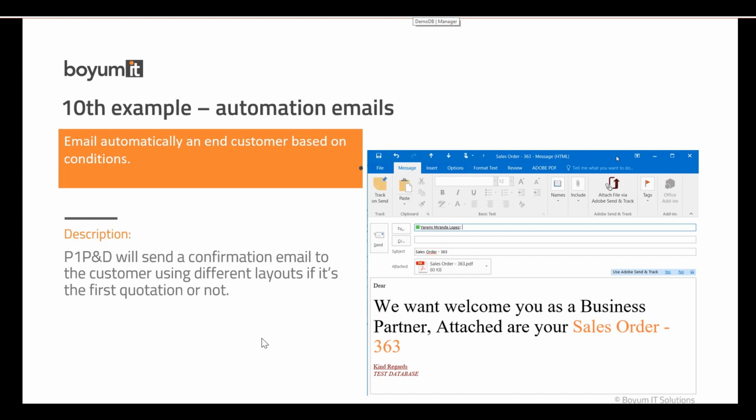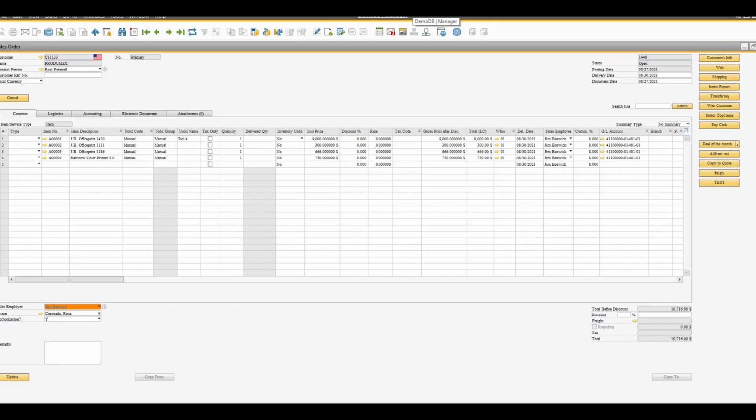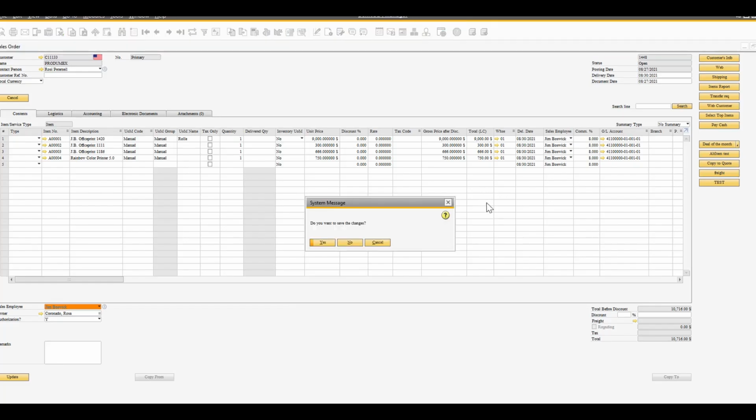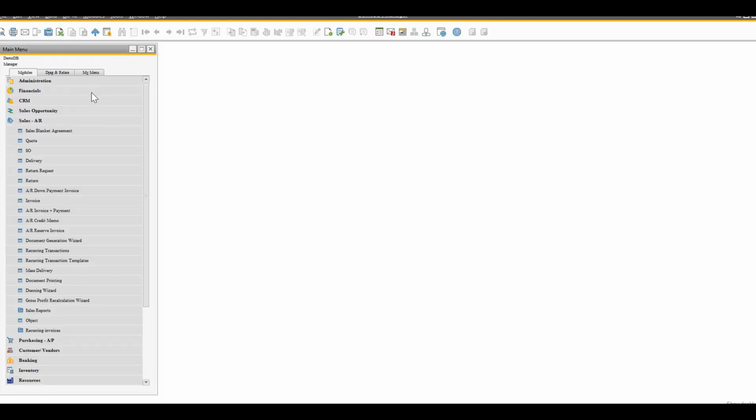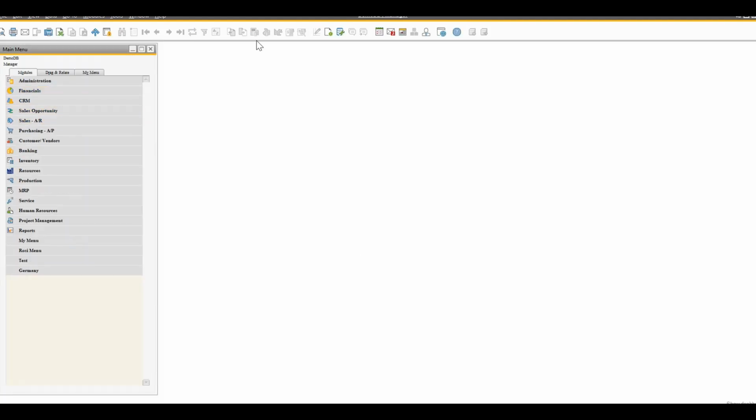My next example, actually, we're gonna move over to print and delivery now. So these were 9 examples for the B1 usability package. Of course, there is so much more, and please ask your partner and set up a one-to-one demo. We can talk more about it, of course, or of course, our partners, they know our solutions in and out also. One thing I want to show you before I move over to print and delivery is with the usability